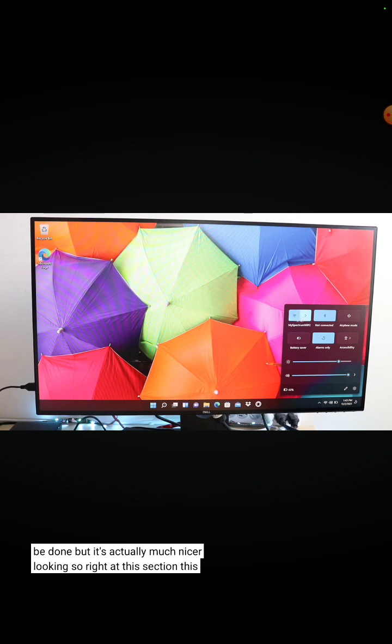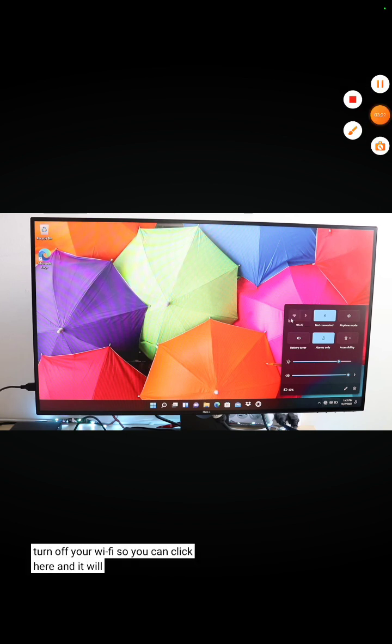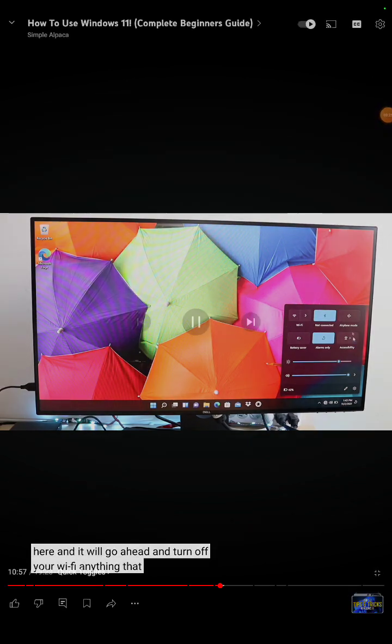So right at this section, this is a quick toggle to quickly turn on and turn off your Wi-Fi. So you can click here and it will go ahead and turn off your Wi-Fi. Anything that is gray is